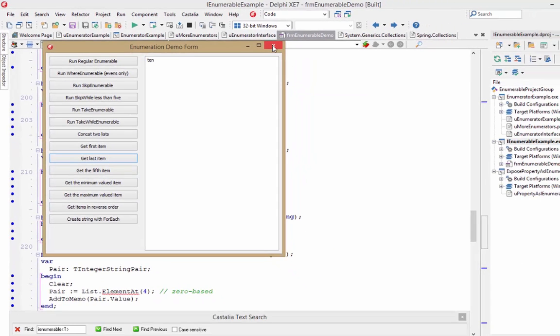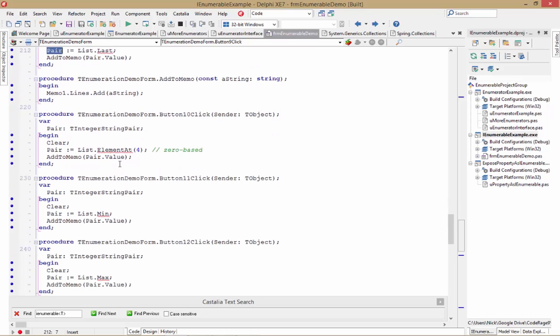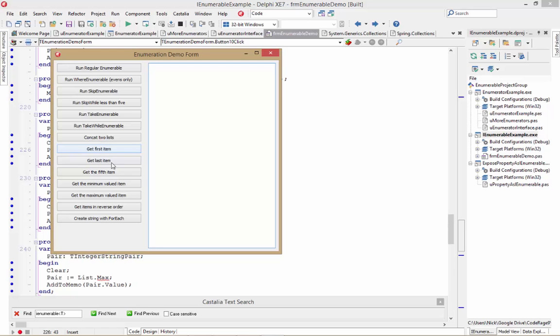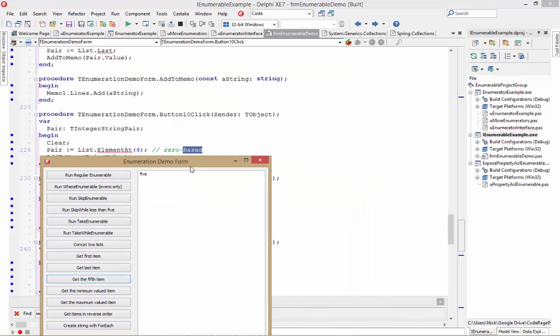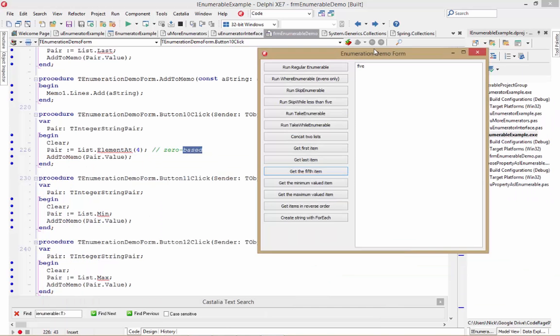Very simple call. You simply call that on the list, and it returns a specific pair, and you can show that out. We can say, give me the 4th element. And in this case, it's 0 based, so that'll be 3. Get the 4th, it should say 5th element, I'm sorry. Element at 4, it should give 5. Excuse me, I was backwards there. It's 0 based, so you should get the 5th element